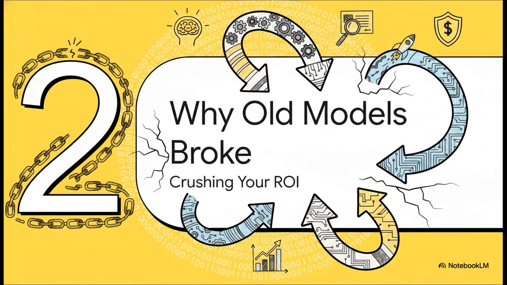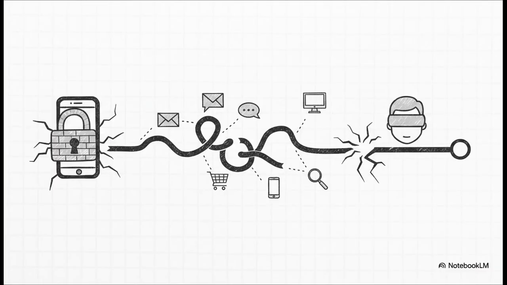Now you might be thinking, okay, this has kind of always been a problem, so what's the big deal now? The urgency now is because 3 massive forces have all collided at once, turning what used to be a small inaccuracy into a giant blind spot that is actively crushing your ROI. So what are these forces? First, you've got all the iOS privacy changes, right? They've basically thrown up huge walls hiding crucial steps in the customer's journey on mobile.